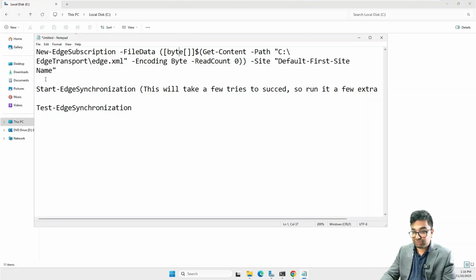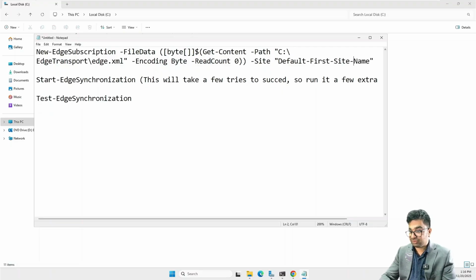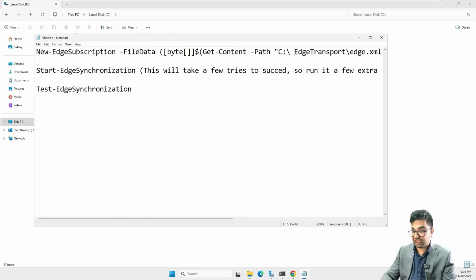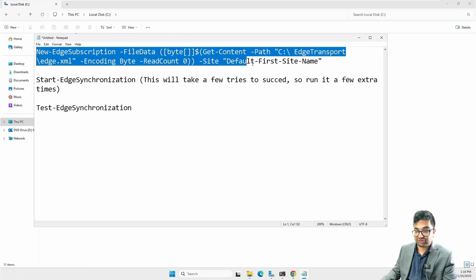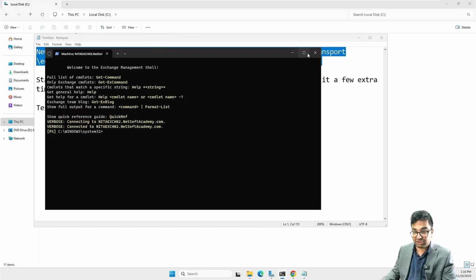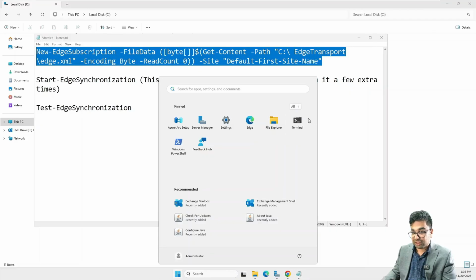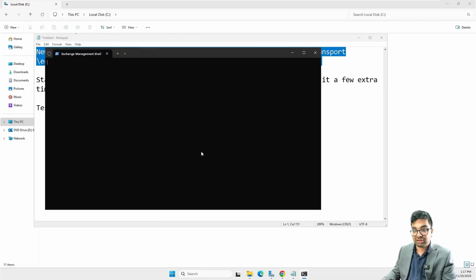now one thing I would like to make sure is everything has the formatting correct. So there is a dash between Site and Name, right? And this entire C:/Edge Transport edge.xml is one single line. So the entire command is one single big line. For the sake of visibility, I just do word wrap, but it should not be anything other than this. I copy this command here, go to my Exchange Management Shell,